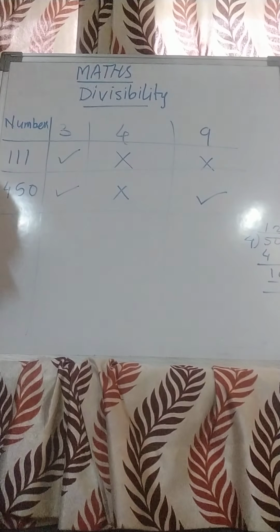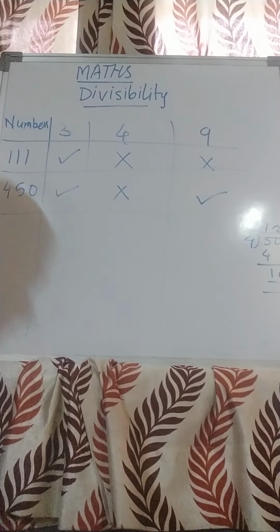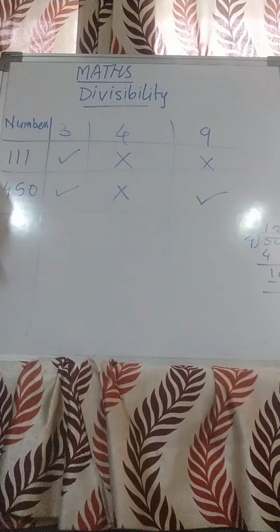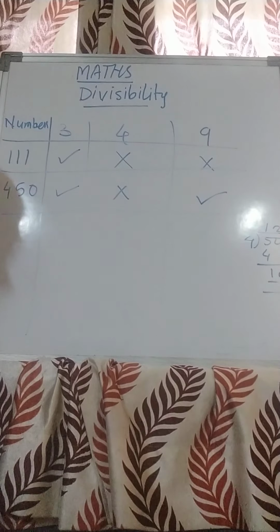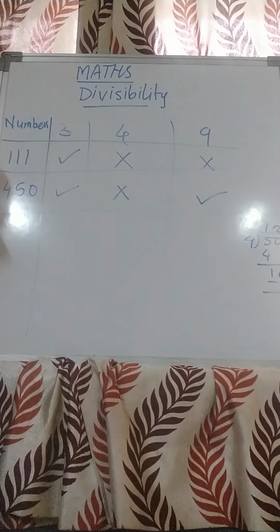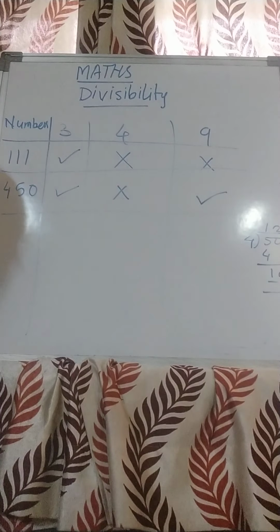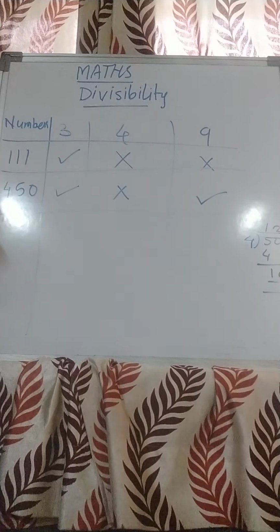Understand? So, what is your today's homework? Complete the table on page number 44 for both the 4 and 9 divisibility tests. Also write the 4's divisibility test 5 times and the 9's divisibility test 5 times in your notebook, along with practice set 22, in this way only. If you want to draw the tree above that, you can draw it and decorate your book.